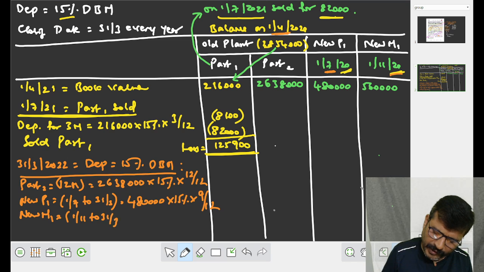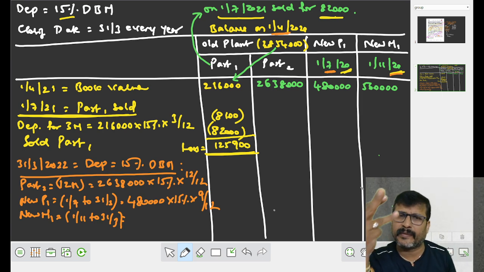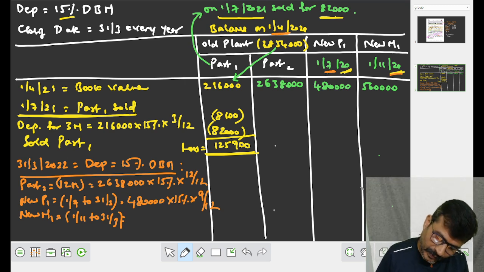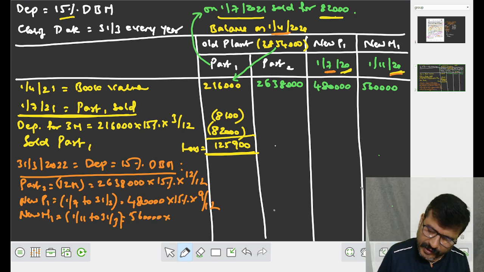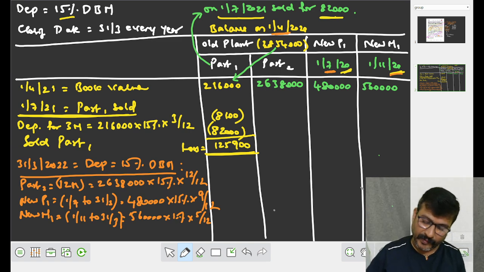1st November to 31st March. How many months is 1st November to 31st March? November, December, January, February, March. How many months? 5 months. Be careful. The amount is 5,60,000, 15%, 5 by 12. Use a calculator and work out. For this one, it comes to